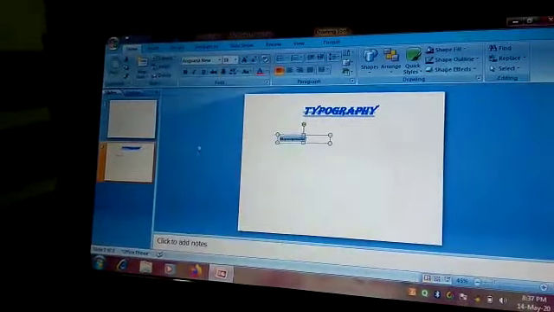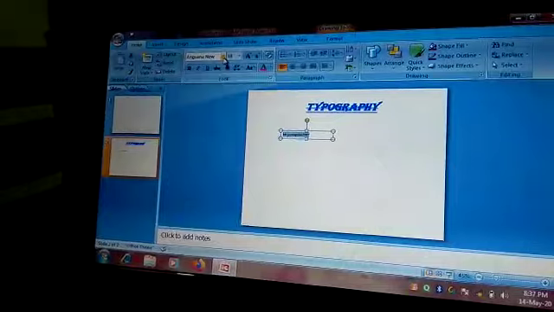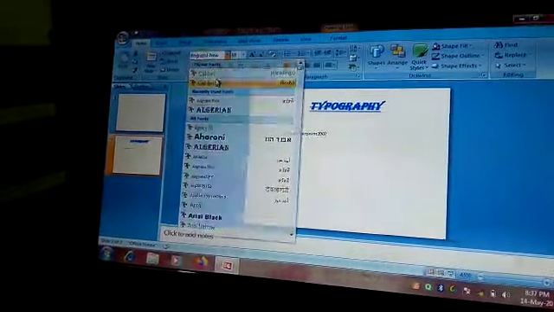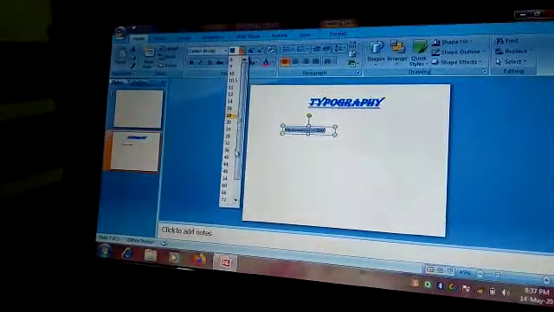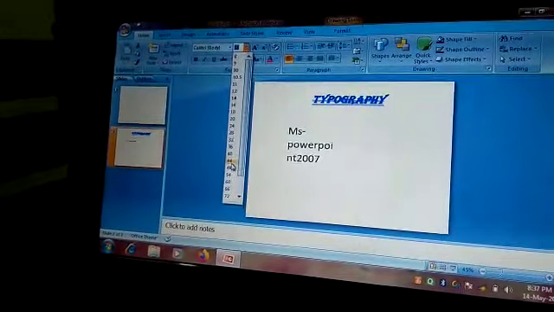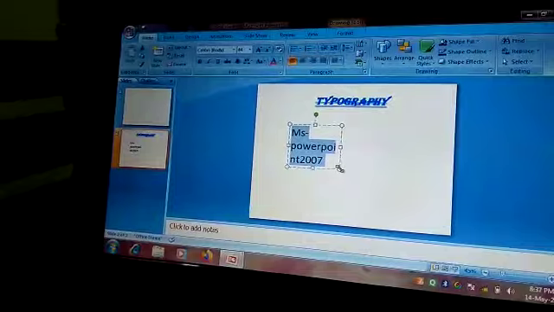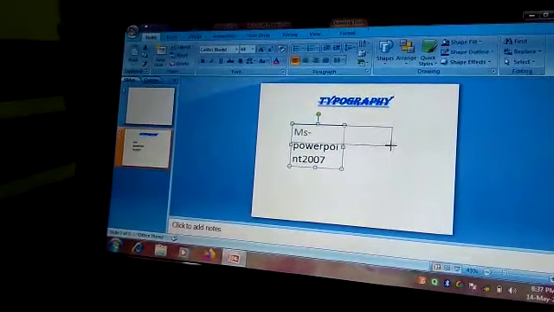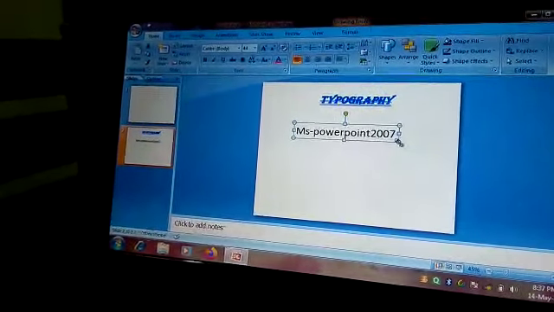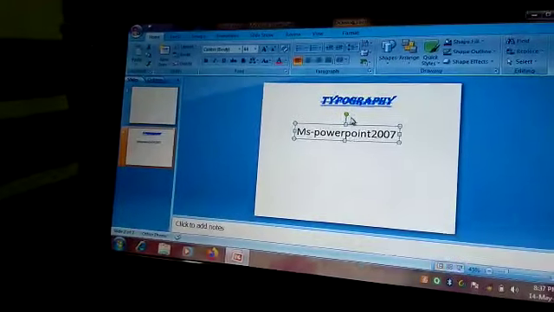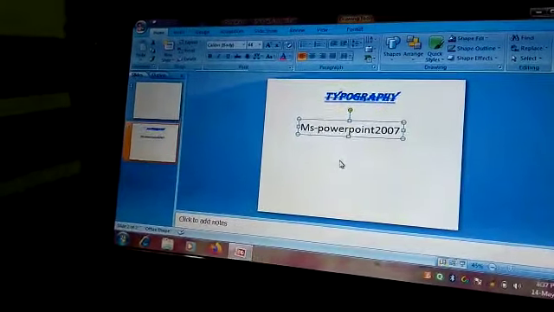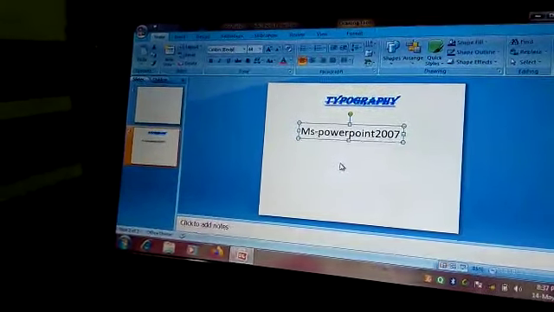I can go through it and then select any font type, say Calibri, and you can increase its size also, say 44, 47, whatever you opt for, and then increase or decrease the size of this text field according to your choice. This is the way we can insert the text field and we can format it also.